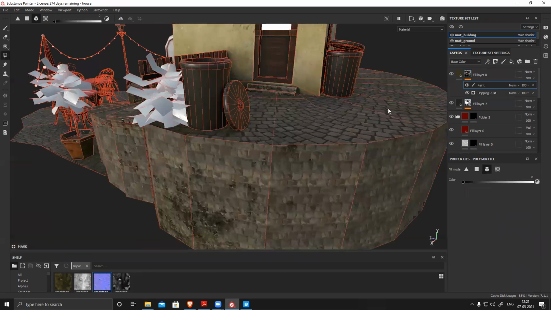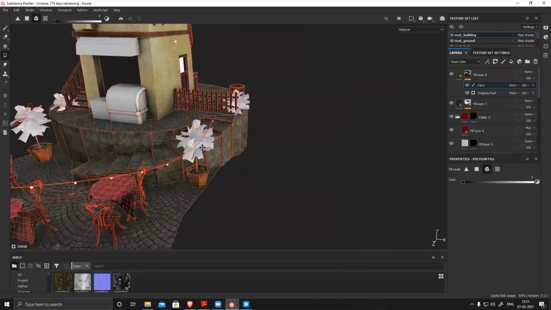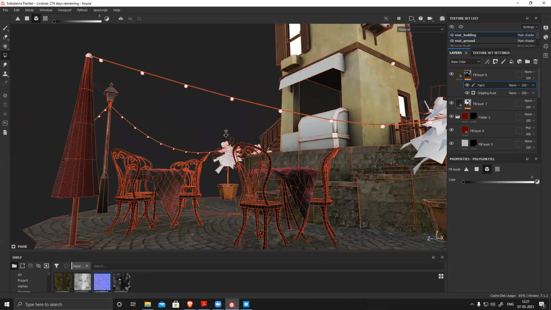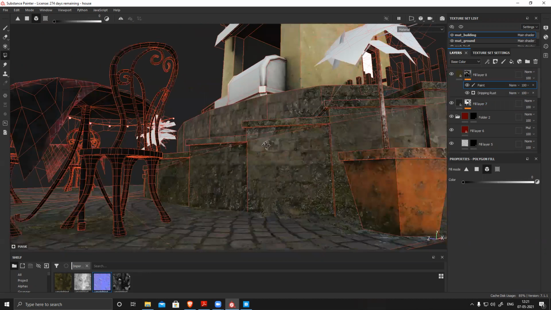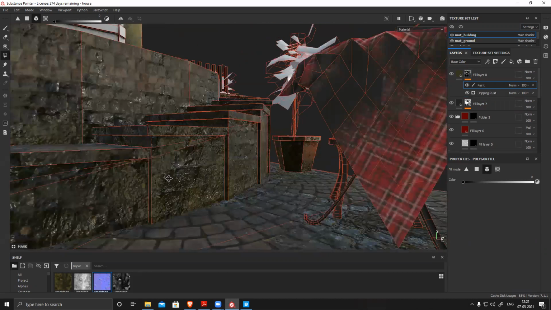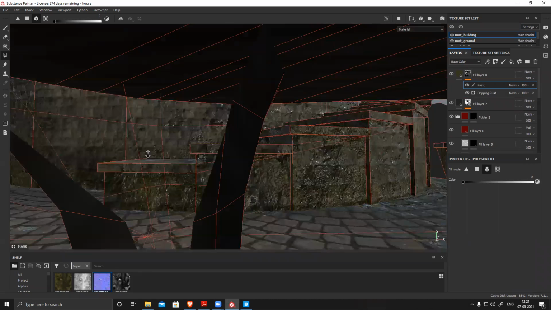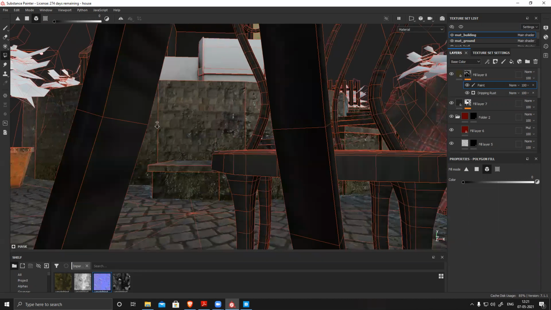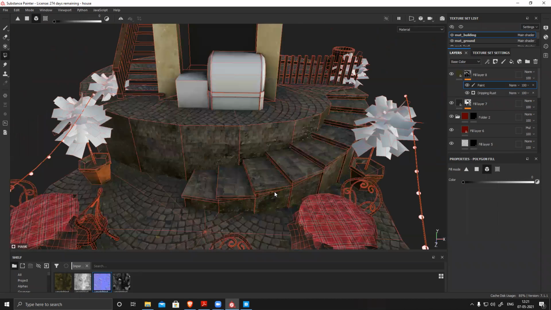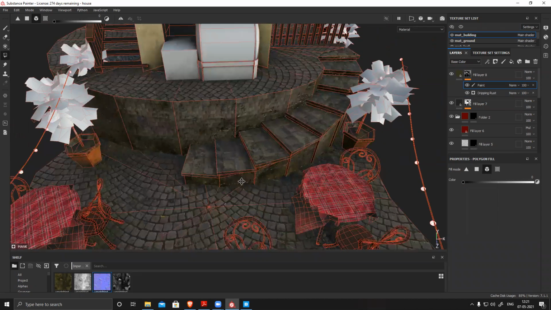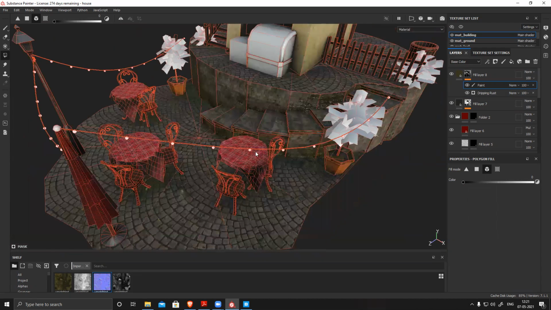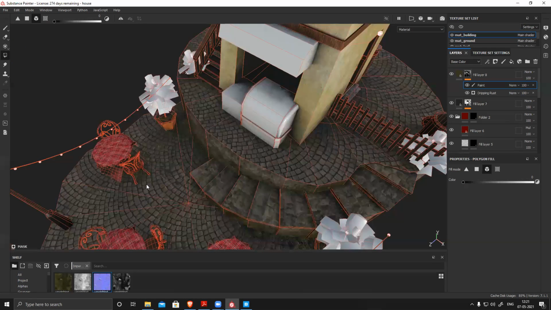Deselect, deselect. Okay, I have applied those dirt everywhere, and I kind of like this texture, so I'm planning to add this